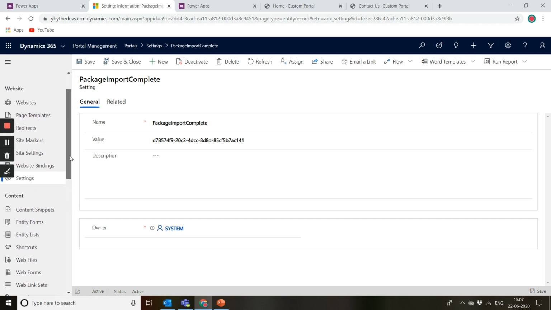Now let's move forward to see some of the components that we have for content. This is what all we have seen till now. It's related to page templates or the portal application as a whole. But what about the content that is going to be displayed as part of it? So let's see what we have in content snippets.